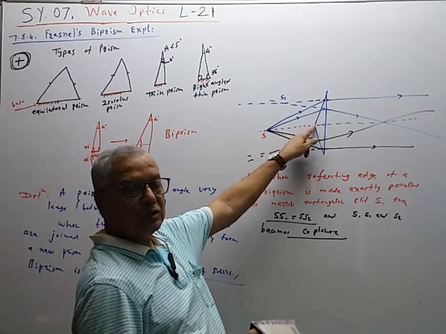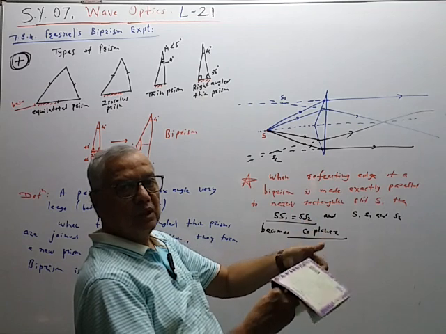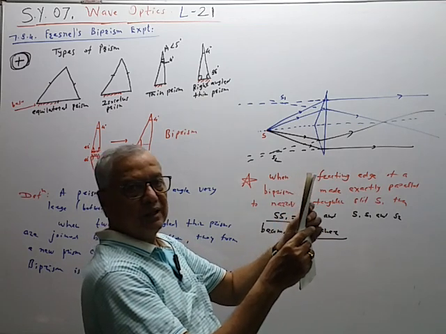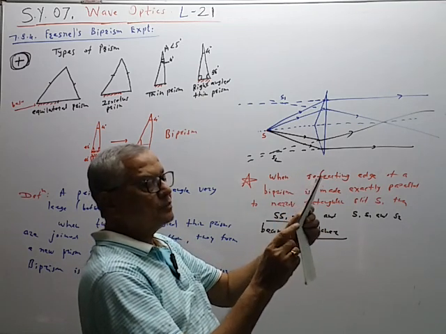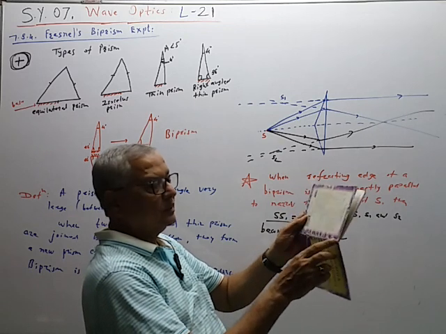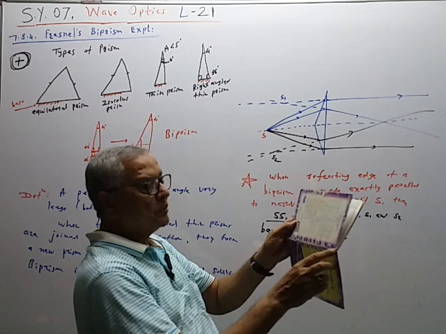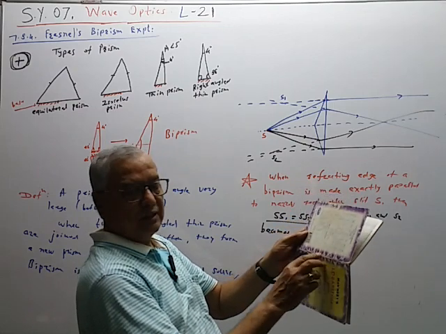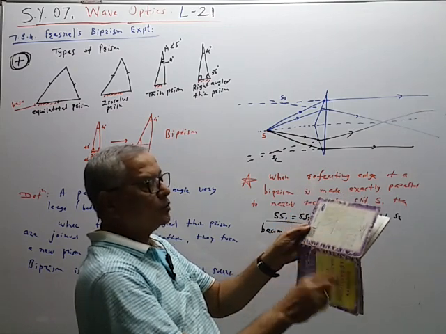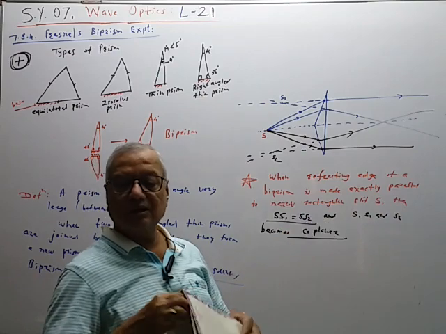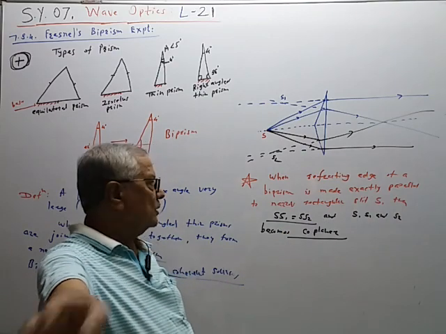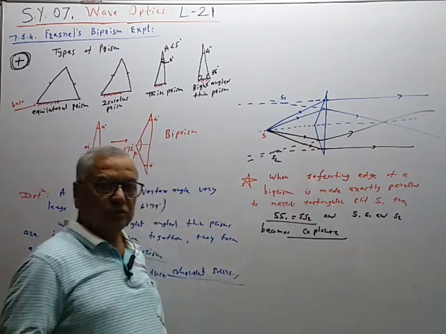Here we only see a point, actually it is a line, we have considered its transverse section. So this point is the refracting edge, this line is the refracting edge. In our figure it is only a single point, but there are a number of points joining in a straight line. The line where the two surfaces join each other is called the refracting edge. So this is the necessary condition.